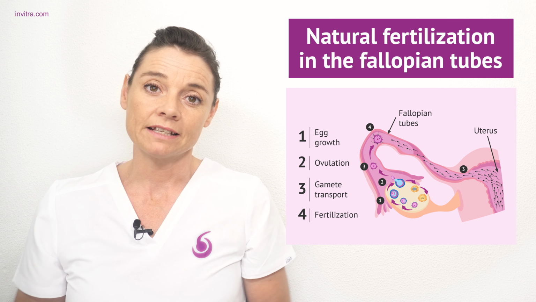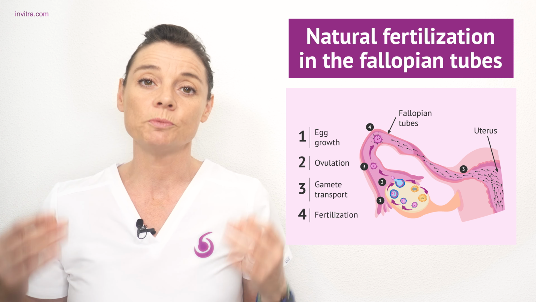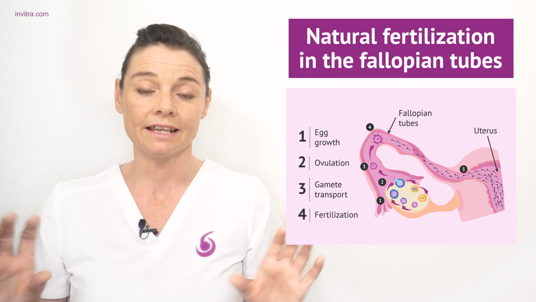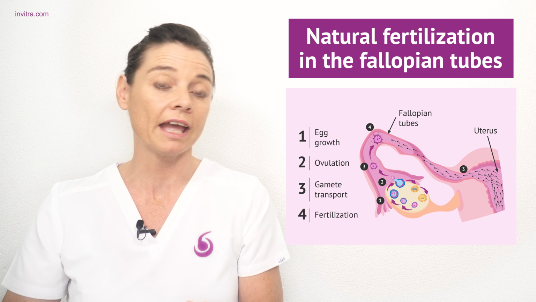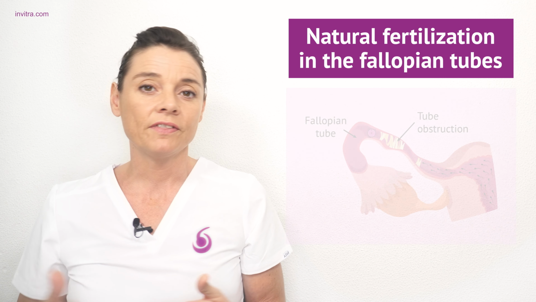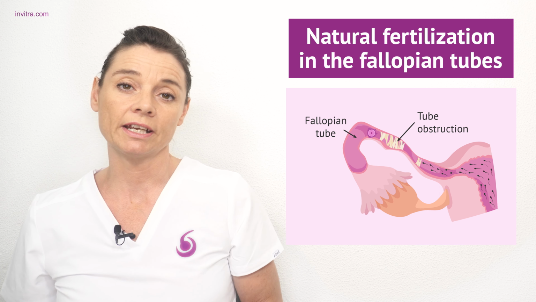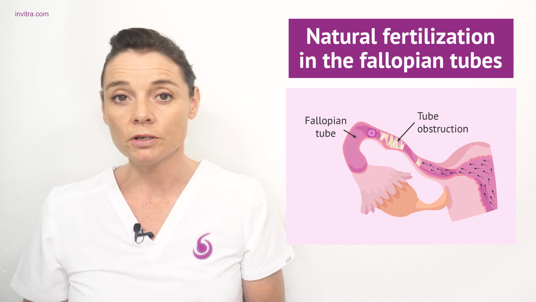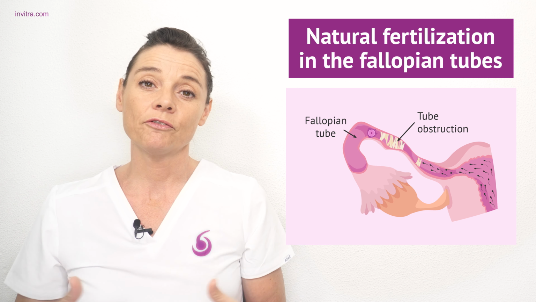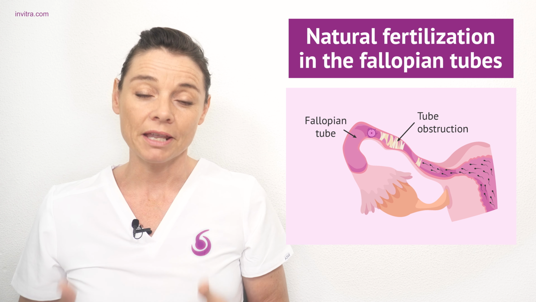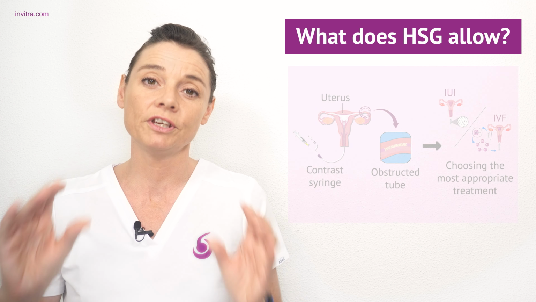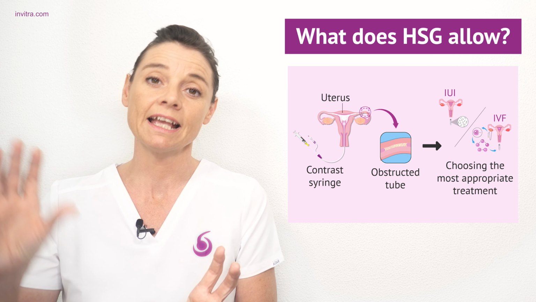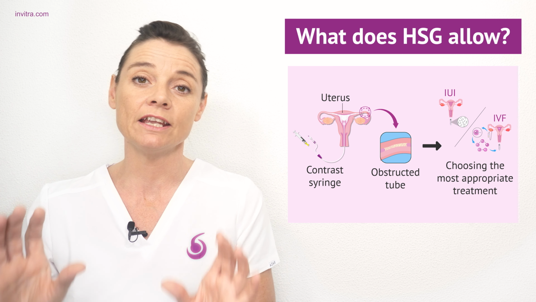Obviously, for this process to occur, the fallopian tubes must be permeable or patent to allow the passage of the egg, the sperm, or the embryo through the tubes. If there is any type of obstruction in the fallopian tube, these processes cannot occur, and therefore natural conception may be almost impossible. Hysterosalpingography allows us to visualize the uterine structures and the fallopian tubes to see whether there are